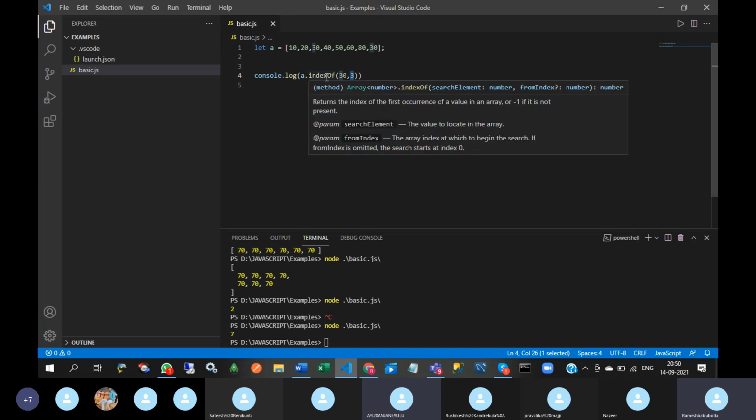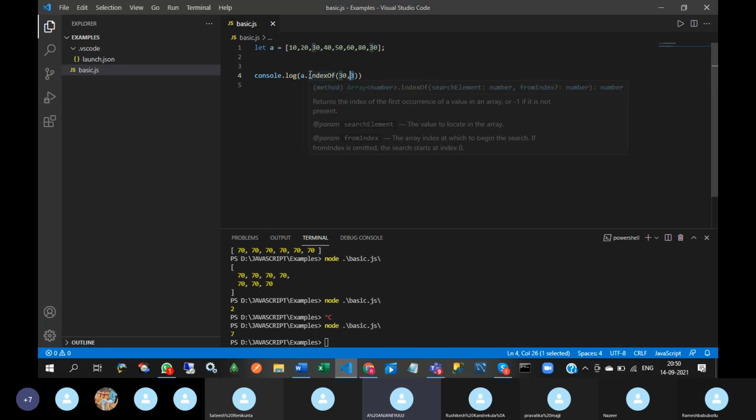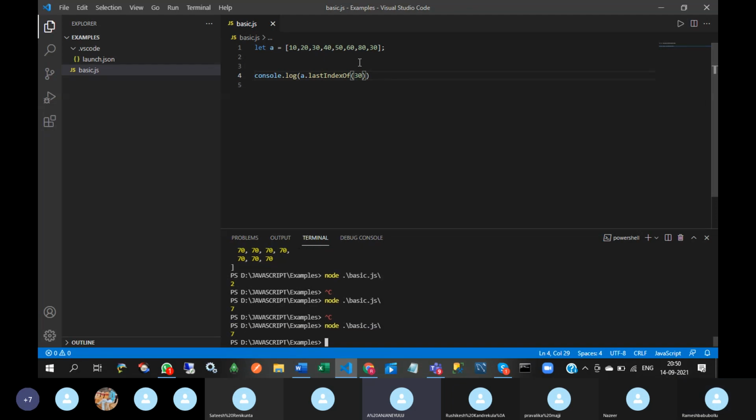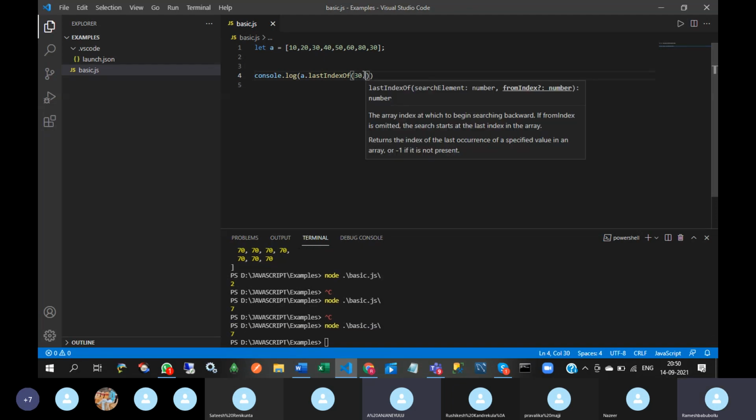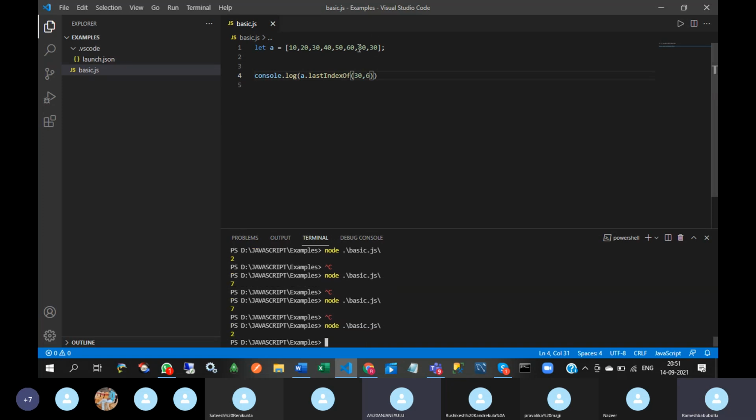Please take the last index of this 7. So if we give 6, meaning after 7, what will be the index number of 30? It will display that index number.